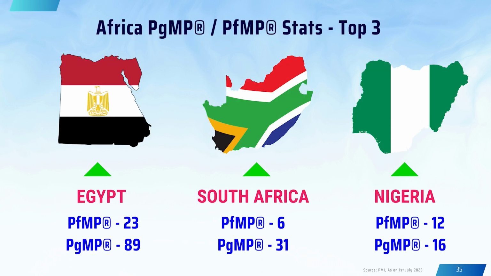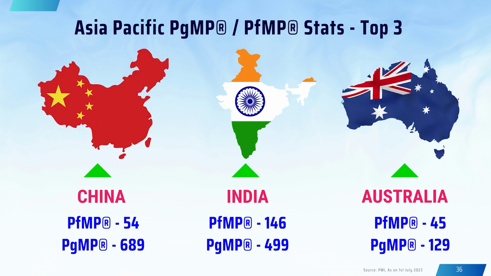Africa, yep, Egypt is doing good. South Africa is still behind. Again, it's not about being behind or something, but yeah. In this case, China is doing good, and India is doing really good. My favorite one is Australia, and the reason I'm saying favorite is because almost 50% of PgMP